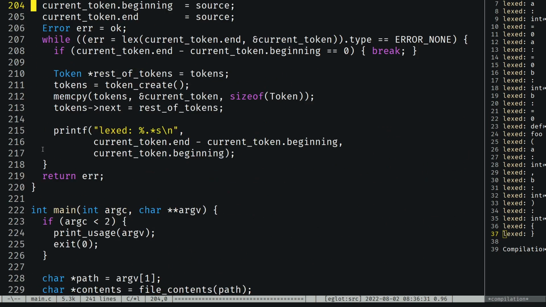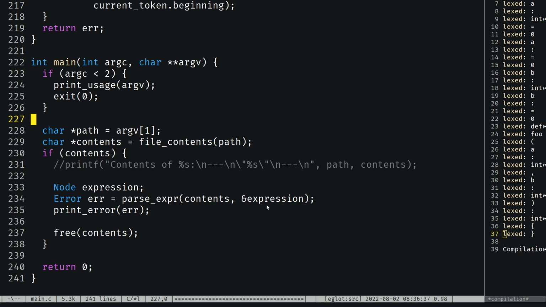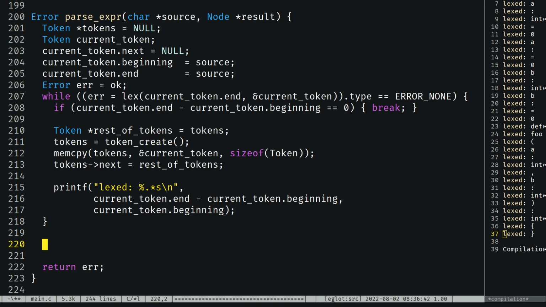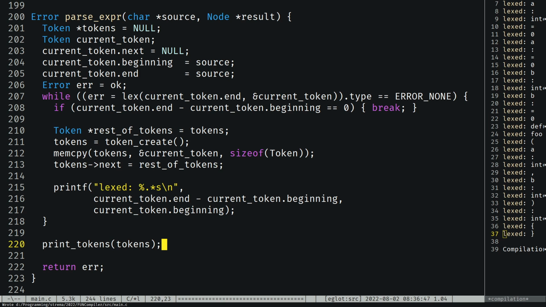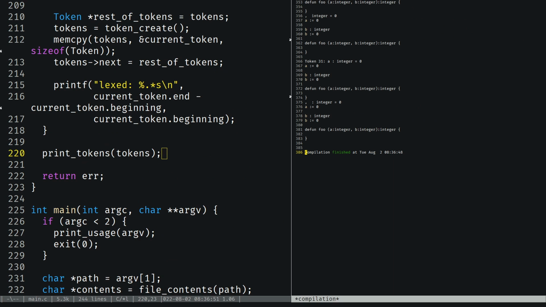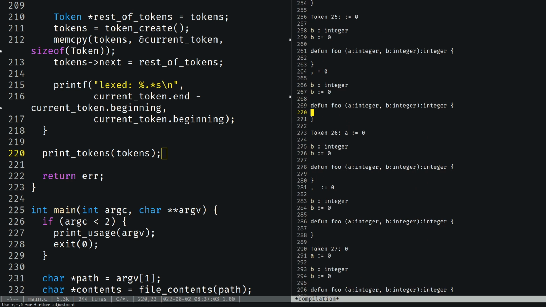So now we're gonna print tokens after we gather them. So that's just gonna be in the parser, I guess, to test. Okay, hopefully we see some output. Okay, something happened. Yes, I remember now. This is an interesting one. We appear